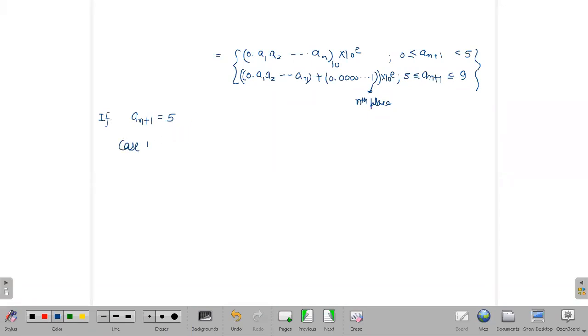Case 1: if 5 is followed by a non-zero digit, like 0.a1 a2 an, and this number is 5, and then you have a non-zero number, you can write 1, 2, 3, so 51, 52, if you have that, then what you do,